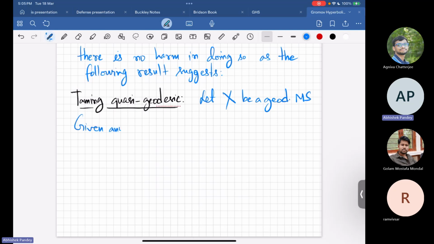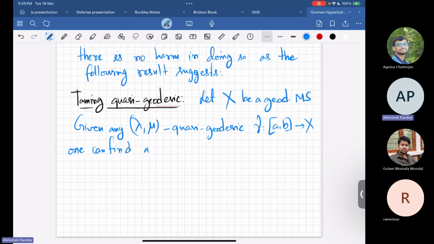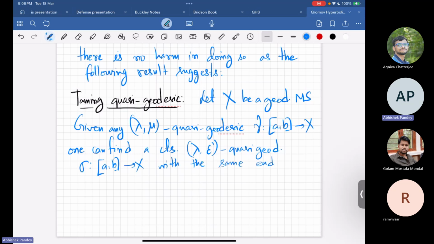Given any (lambda, mu) quasi-geodesic, say gamma from [a, b] to X, one can find a continuous (lambda, epsilon') quasi-geodesic sigma from [a, b] to X with the same endpoints,